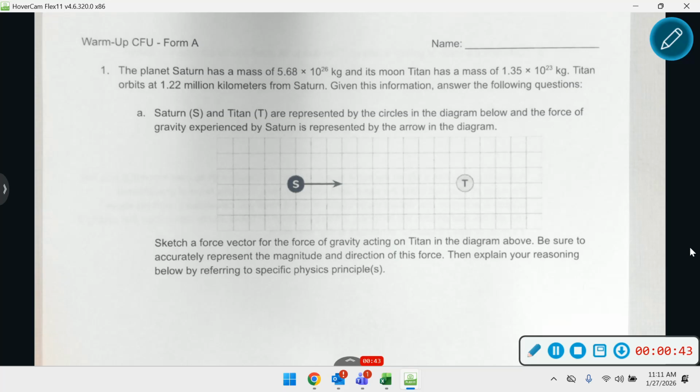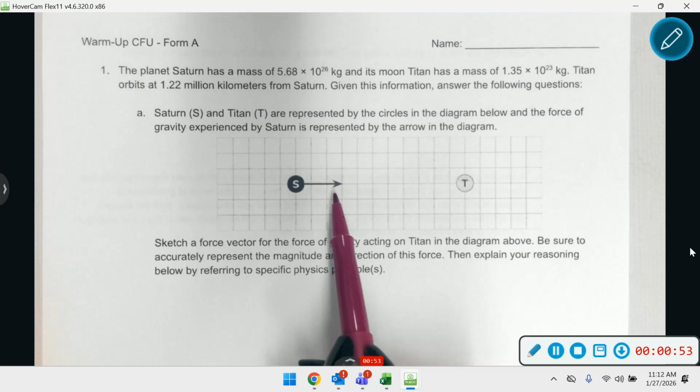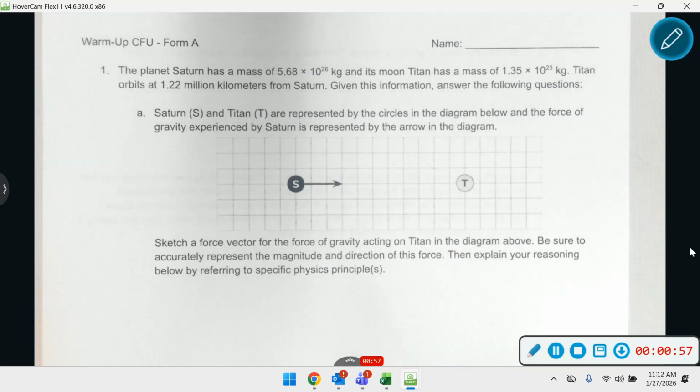So the first one says that Saturn and Titan are represented by the circles on the diagram below, and the force of gravity experienced by Saturn is represented by the arrow in the diagram. So here's Saturn, here's the force of gravity it's experiencing due to Titan, and here's Titan. It says sketch a force vector for the force of gravity acting on Titan in the diagram above. Be sure to accurately represent the magnitude and direction of this force, then explain your reasoning below by referring to